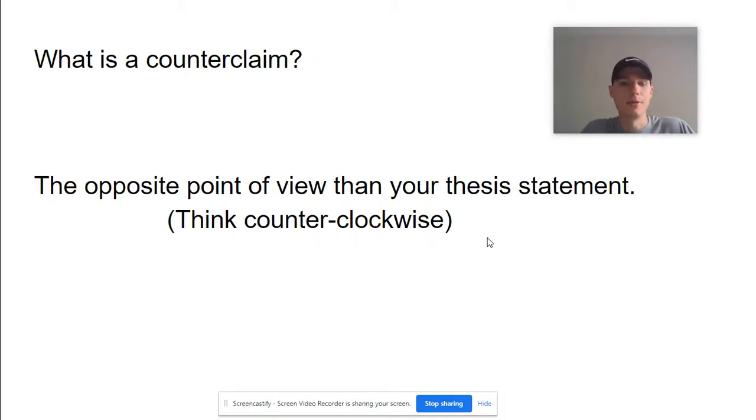What is a counterclaim? Counter, when you think of something, is not where you put your food in the kitchen or anything like that. A counterclaim in this part would be the opposite. So if I make an argument and you counter that argument, you would obviously have the opposing view. So it is the opposite point of view than your thesis statement. And you want to do this to lend some kind of empathy, or to make your reader willing to see that you see both sides, but your opinion matters most because of reason 1, 2, 3.